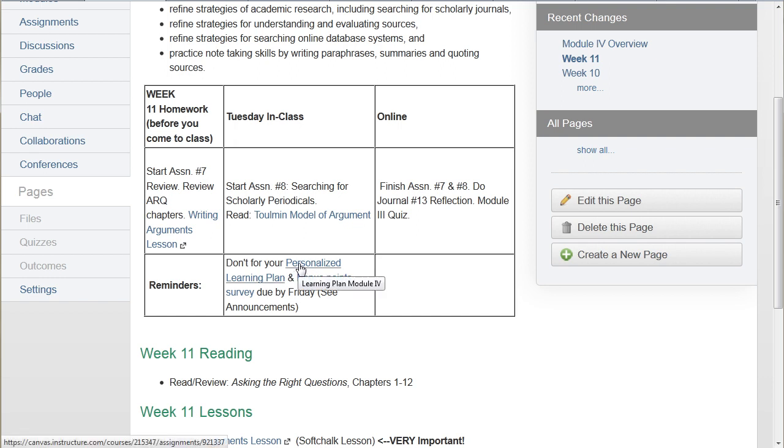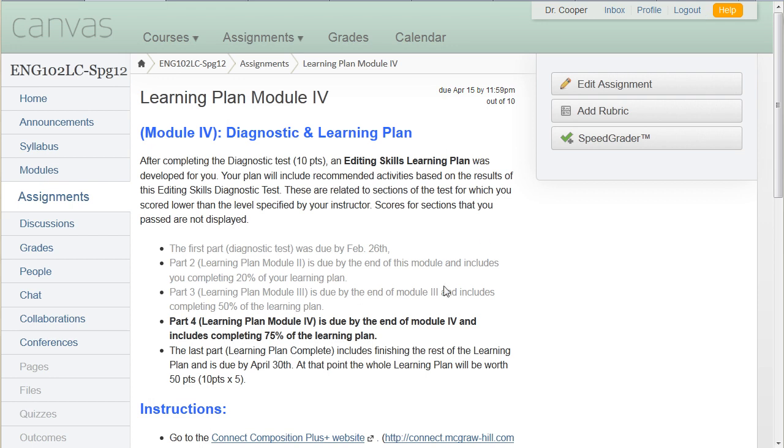So just to give you a heads up of what's going on with the personalized learning plan, let's go ahead and go there first. Okay, so here's the learning plan. If you notice, back in February, we did the diagnostic test, and you got 10 points for doing that, for some of you that did it. And then part 2 was learning plan module 2, where you were supposed to complete 20% of the grade of the learning plan. And now, after the end of Module 3, which was just Sunday, you need to be up